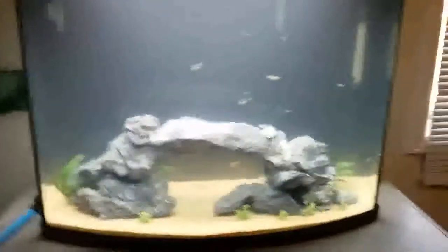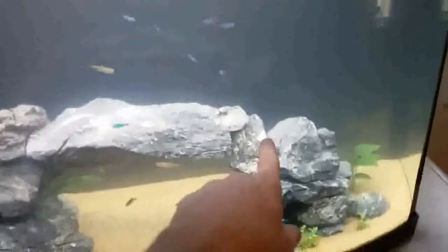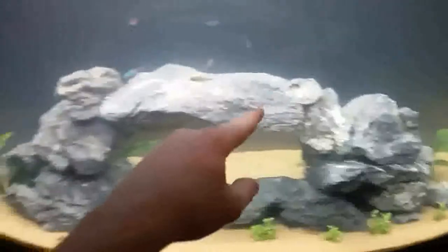And the other day, actually today, it had this little baby neon in its mouth. And it's okay. I mean, it was dragging it around trying to eat it. It was in its mouth just swimming around, and I saved it, and it's doing okay now. It's a little beat up, but